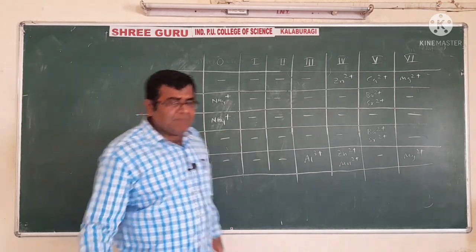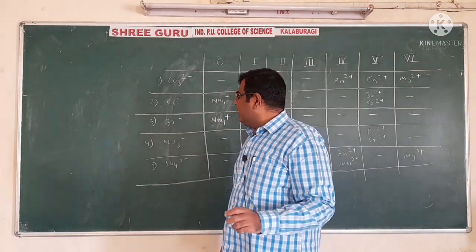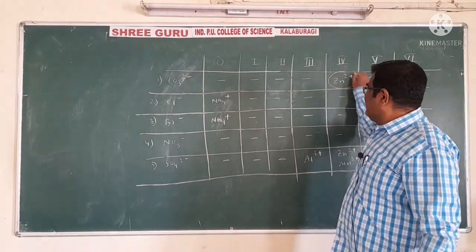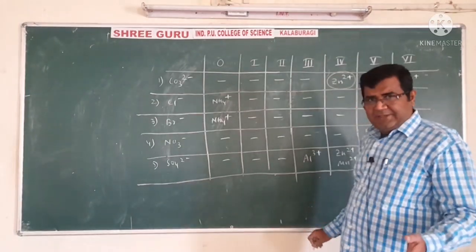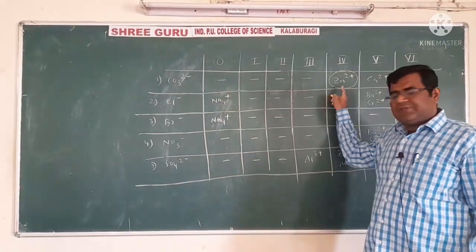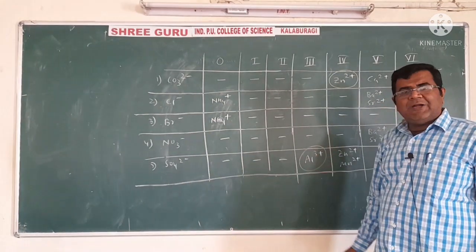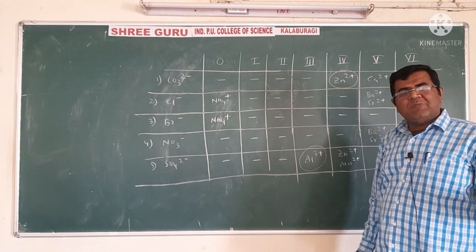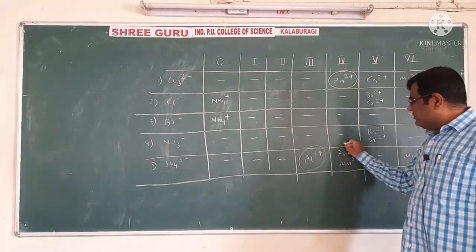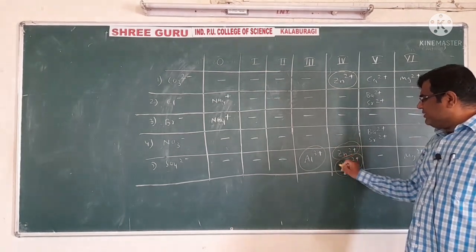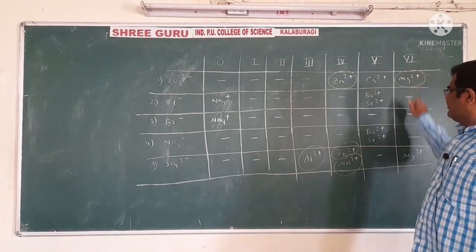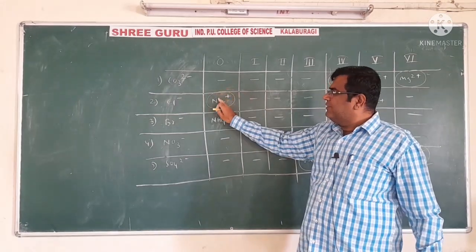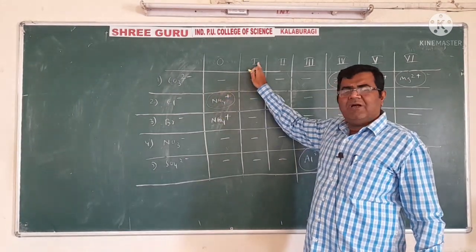And regarding the confirmatory test, there are a few radicals which are confirmed only by addition of sodium hydroxide. Sodium hydroxide gives a white precipitate, which dissolves in excess of NaOH. Sodium hydroxide drop by drop gives a white gelatinous precipitate, which dissolves in excess of NaOH and reappears on boiling with ammonium chloride. Same here, zinc. White precipitate turns brown. White precipitate, white precipitate. What about the ammonium confirmatory test? Nessler's reagent, brown precipitate, ammonium confirmed.